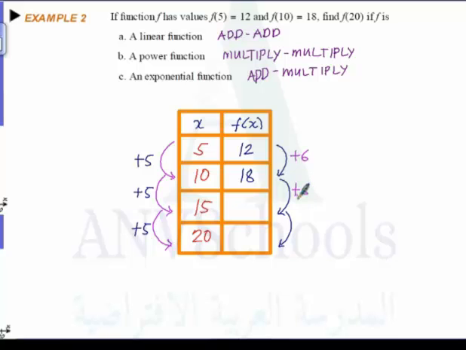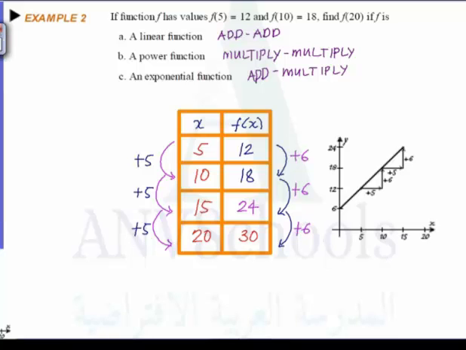If we apply that here, then definitely our next f of x value would be 24. And the next f of x value for our x equal to 20 would be 30. Am I correct? Because we have plus 6 for every f of x value. Okay, therefore